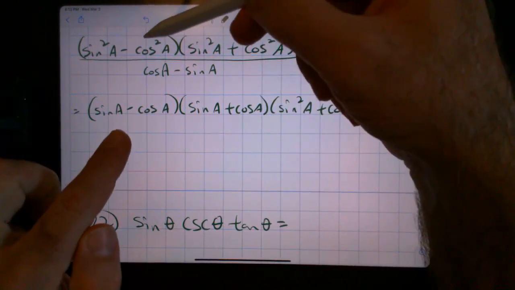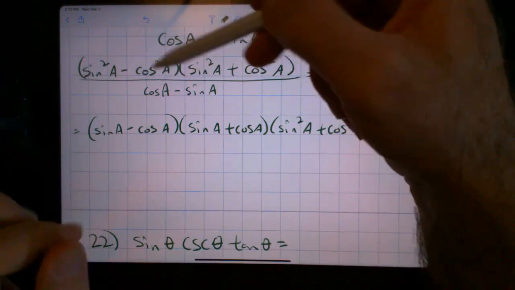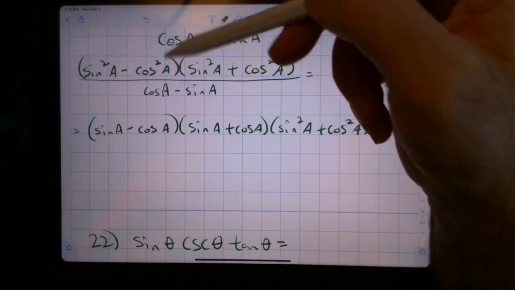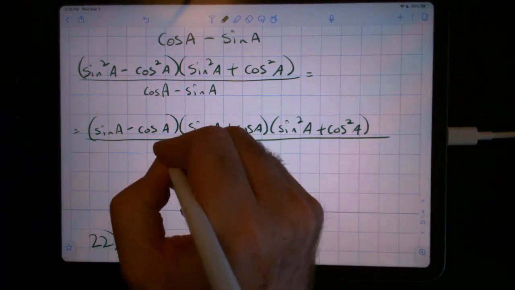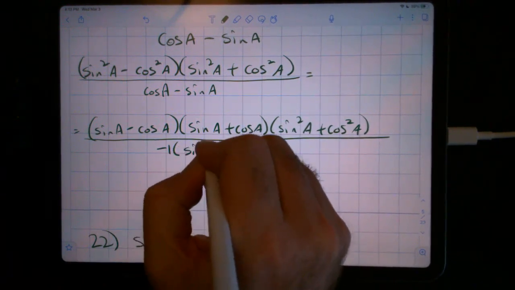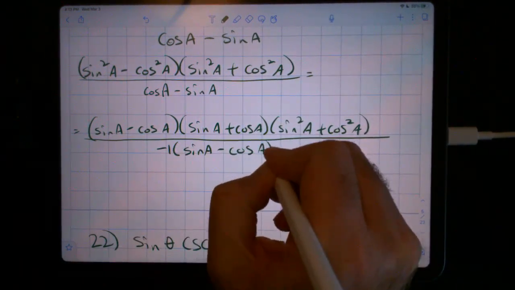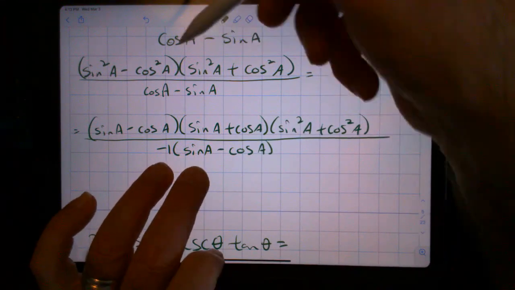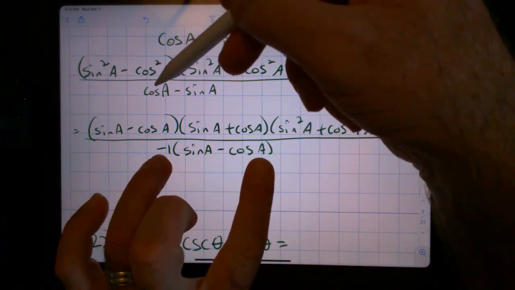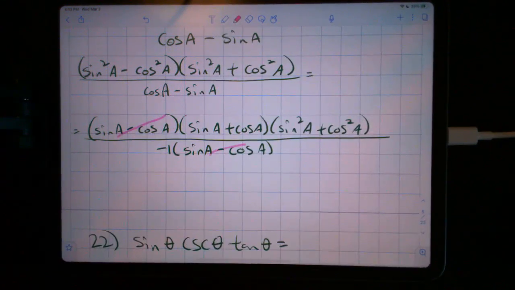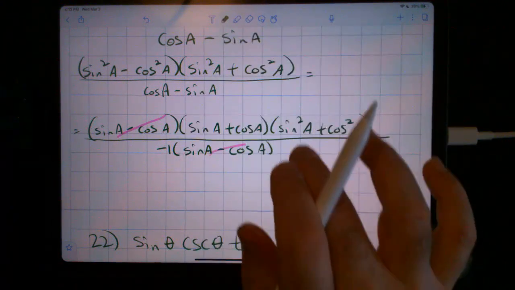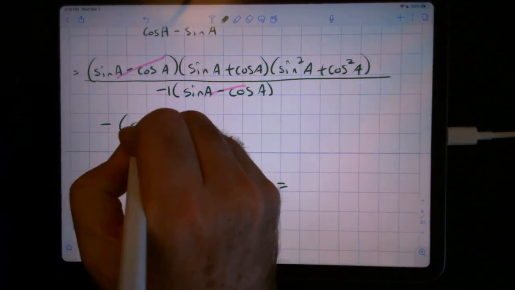And looking at the similarities between these two, I just have the subtraction in the wrong direction. So in the denominator, let's factor a -1 out of that. When I do this, I have sine A minus cosine A. Because -1 times sine is negative sine, -1 times negative cosine is positive cosine. So that now these two terms are the same, it can get simplified. When you're dividing something by -1, I'm going to put this -1 into the numerator just to clean this up a little bit. And this gives me negative